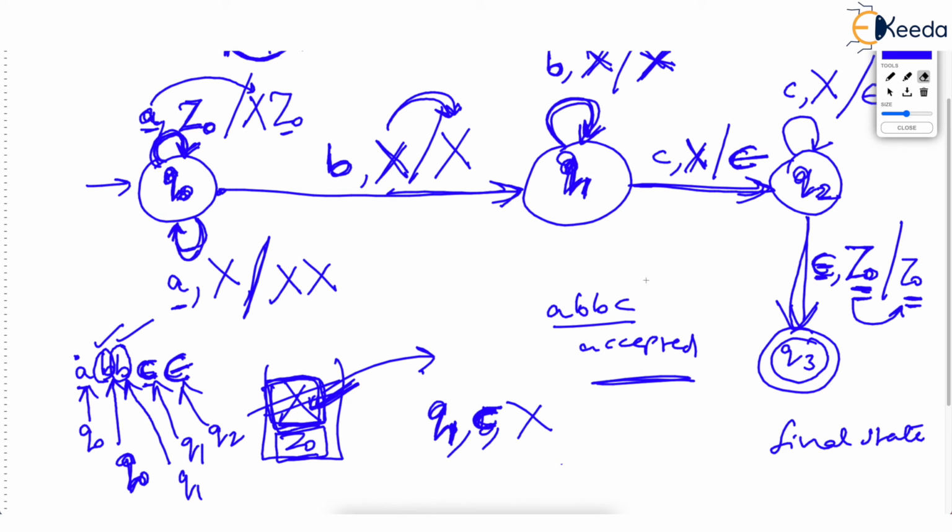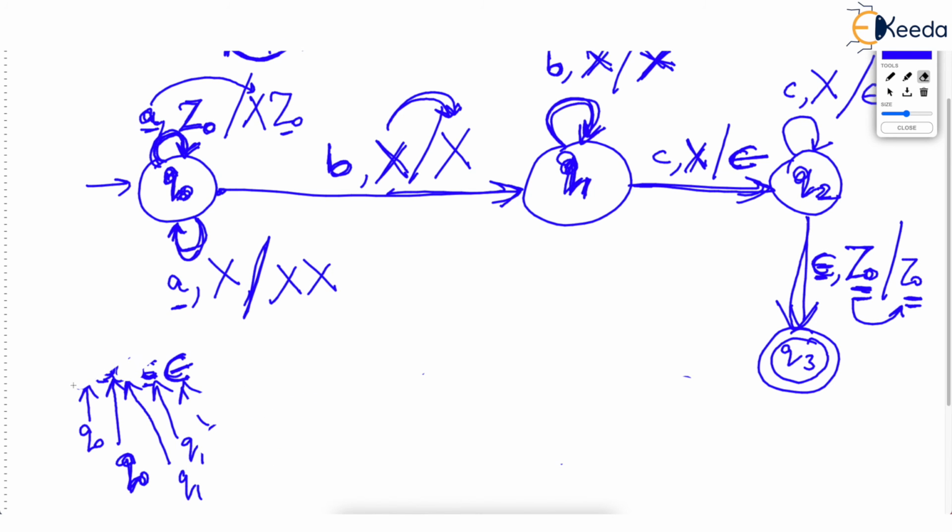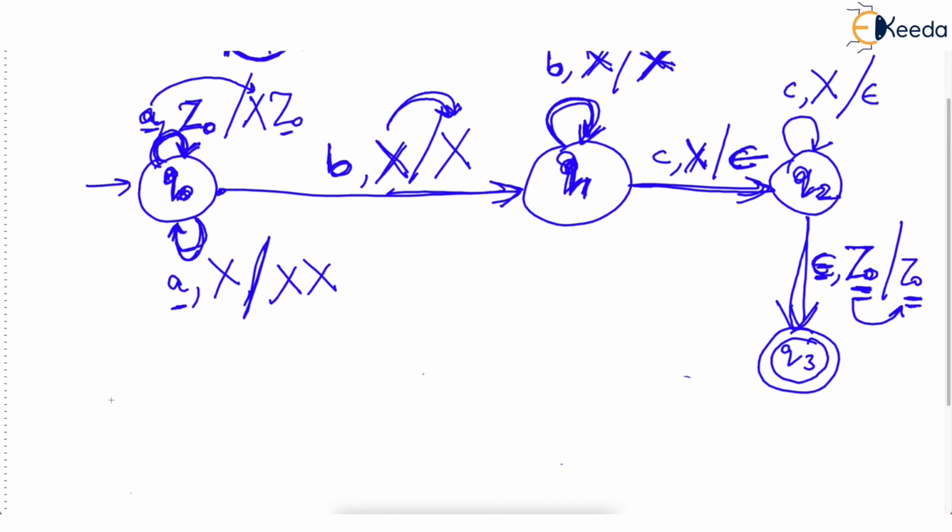Just give me some time and observe how this PDA will reject an invalid string. See, it's important that the machine will be correct. When do you say a machine is correct? If it accepts valid strings and if it rejects invalid strings. So let's take an invalid string. Let's say that we are having A, B and triple C. Now, as you know, this is wrong, because number of A is not matching number of C.